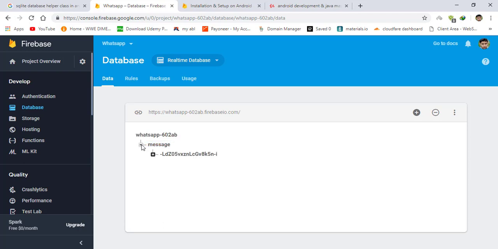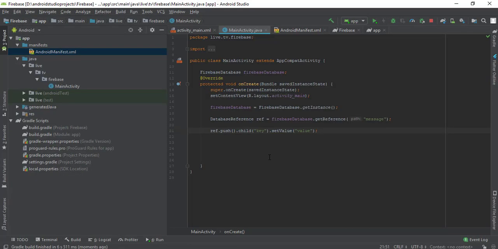as you can see, it has a category message, and in here it automatically created an ID, and against that ID it's stored a key value pair. You can store any structure of data here. For example, you can store a user, like you have created a push, and then you can have key, for example, name, and its value could be